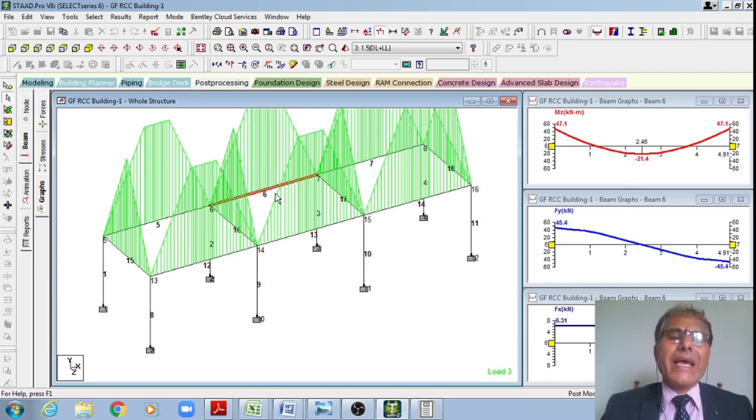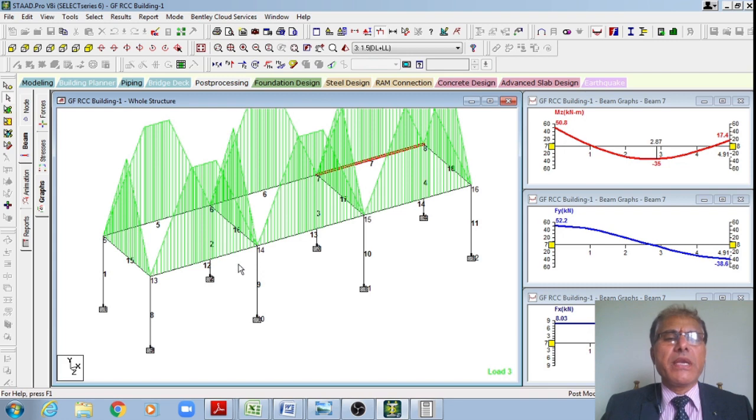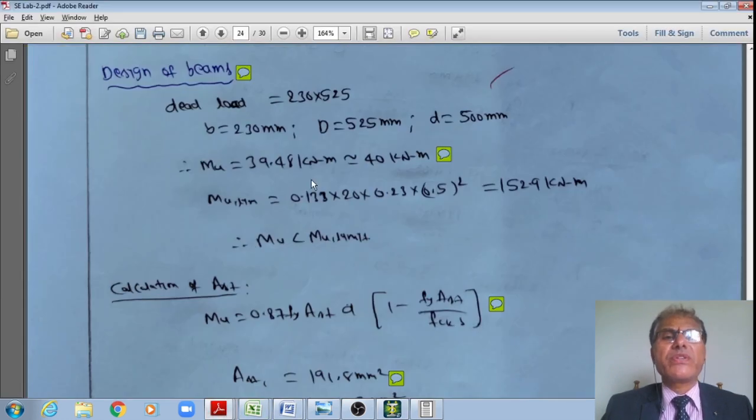Whereas I have analyzed this second beam manually. However, using STAAD I am getting 47.1 to 47.1, and at the midspan I am getting 21.4, whereas the shear force I am getting 45.4 to 45.4. This is the mirror image, right? However, how much did I get from manual calculation? From manual calculation I got 40